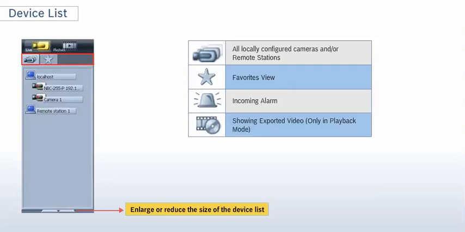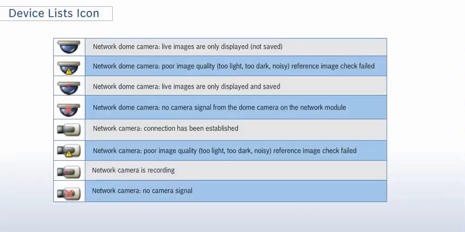The alarm icon flashes red after alarms have been received by the system. Alarm cameras can be configured to display automatically, and incoming alarms can be recorded automatically, standard, or manually on the recipient if configured. Note: alarm recording takes place without audio. The icon for exported video is displayed if exported video is played back in Bosch recording station. Take a moment to review all the icons and their meaning, as